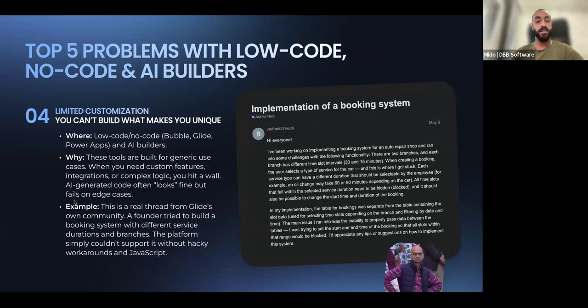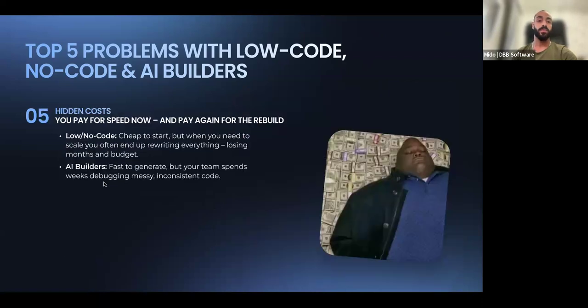Excuse me. And the fifth and the last one we have for today is hidden costs. As I mentioned a few minutes ago, if you want to overcome this obstacle, if you want to deal with or work around those challenges, you can still maintain it, but you will pay a lot of money. In the beginning, it was cheap because it was generated with AI. It was very easy, very fast. But then to somehow customize it, scale it, and make sure that it's safe and secure, you will end up